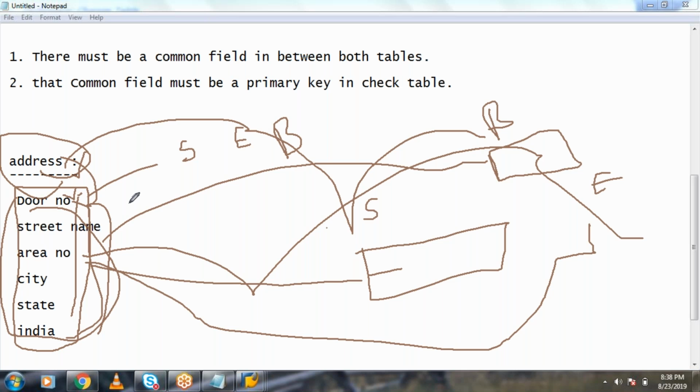Can you see, I modify the original structure length, this door number length, from the structure which is already used in some different table, and I am creating a new table, using this structure door number, and modifying the length because